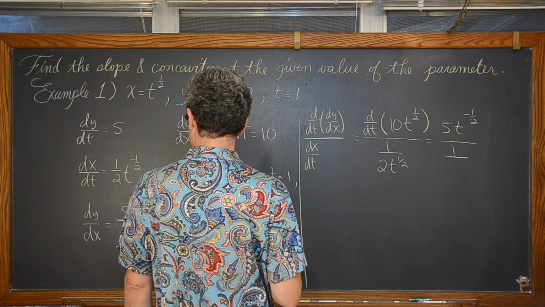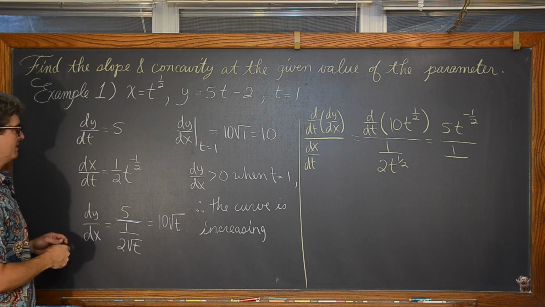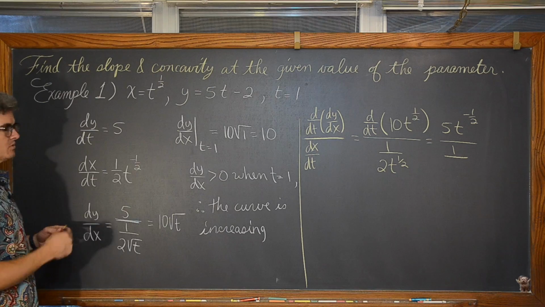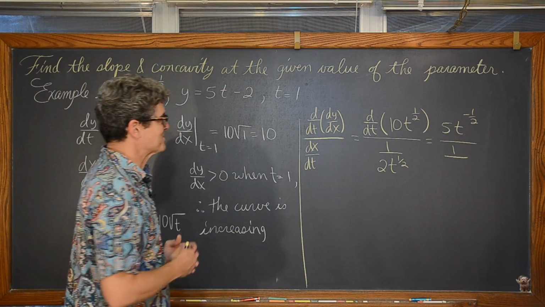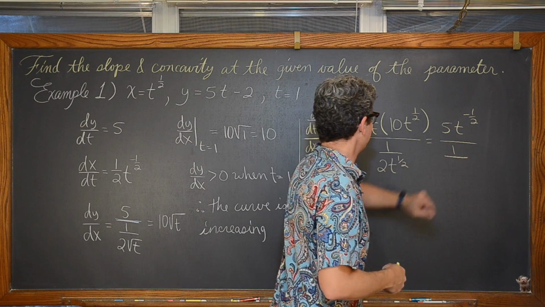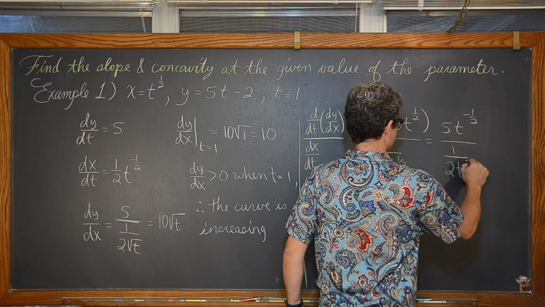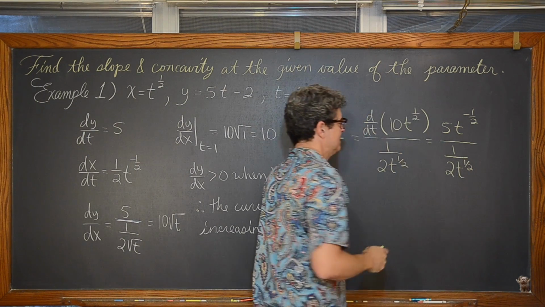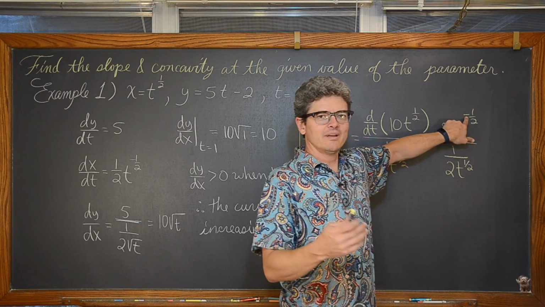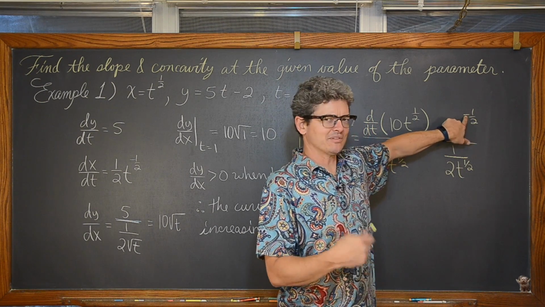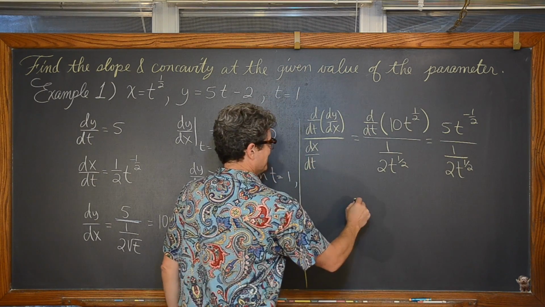I feel like I made a mistake here somewhere. Oh, yes, right there. Where am I at? Hold on just a second. That's what happens when you start thinking ahead and not actually paying attention to each individual step. We do have that 2 times t to the 1/2 power. I started visualizing this coming up and multiplying these together, and we haven't taken care of that negative exponent, or at least I wasn't doing that in my head.